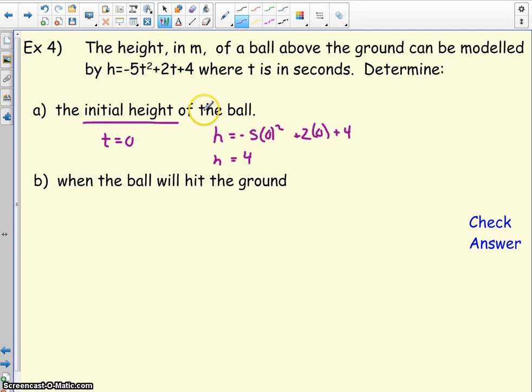Now, you may have been able to recognize that if it's the initial height, it's also going to be the y-intercept, or in this case, the h-intercept. Okay, so two different ways of getting the answer there. Now, for when the ball hits the ground, well, if it's on the ground, the height is equal to 0. So if we put in 0 into the equation,